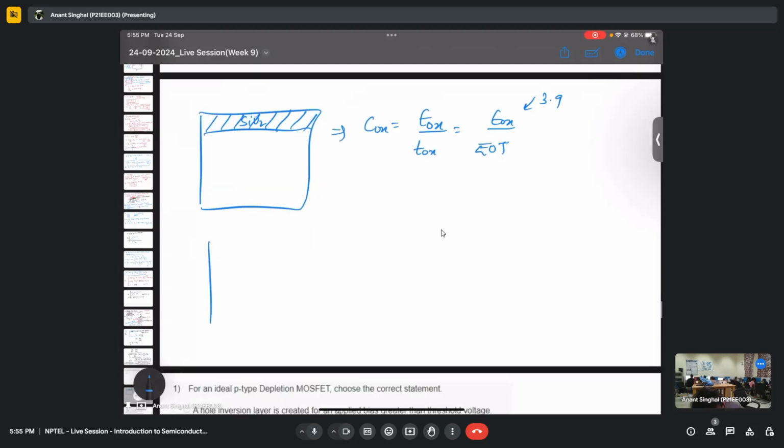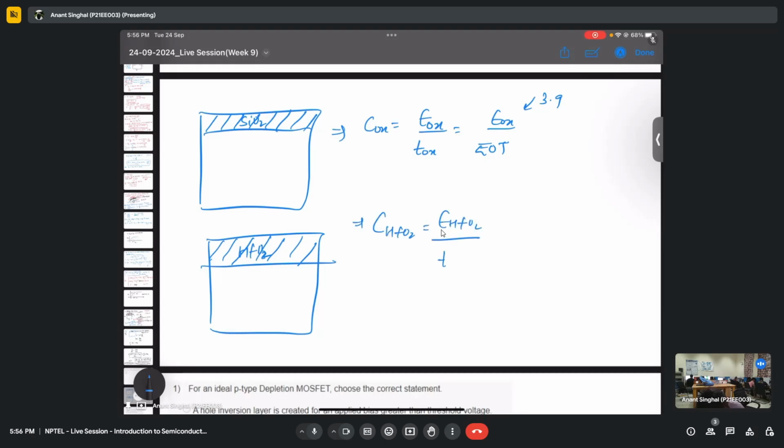So to increase the permittivity, people use materials such as HFO2. If I now try to calculate the oxide capacitance for HFO2, it will be epsilon of HFO2 over thickness of HFO2. So these two structures should ideally act as the same, right? So I can write this Cox should be equal to the capacitance of HFO2, and EOT will, if I solve this again, come out to be epsilon ox over epsilon HFO2 into T of HFO2,